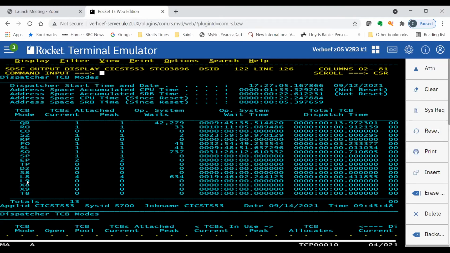So really you would want things like exec CICS, exec CICS, exec CICS, exec SQL, and then exec CICS, exec CICS, exec CICS, exec SQL. You want to sort of break it up like that. Of course, that's tough because programmers don't really work in that kind of mode. But if you are getting a lot of TCB switches when you report on that, the chances are that the patterns of exec CICS and exec SQL are causing the switch between L9 and L8 TCBs.